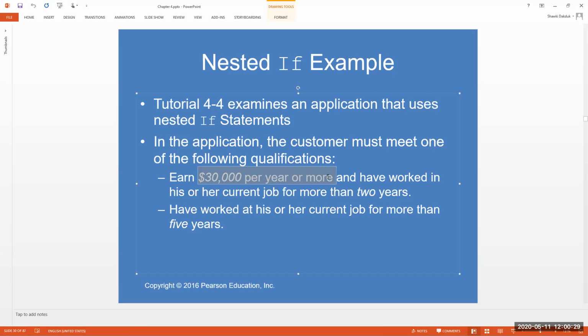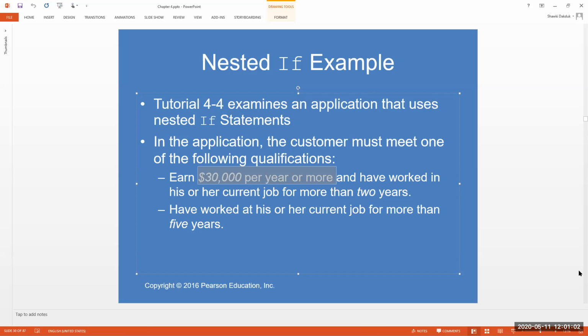Or he has worked at his job for more than 5 years. So if he's been on the job more than 5 years, he doesn't need the minimum salary requirement, right? But if he has been only 2 or more years on the job, then he needs to have at least $30,000. So one way you can look at this is to use a nested